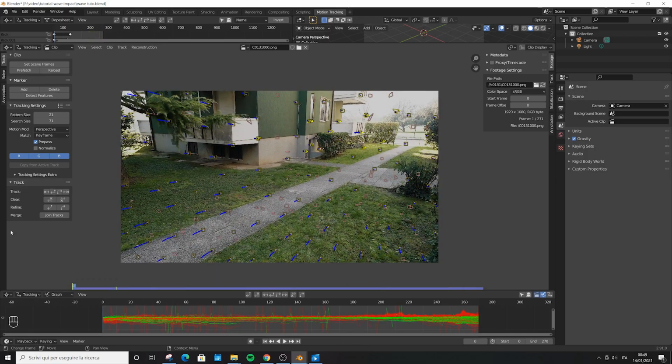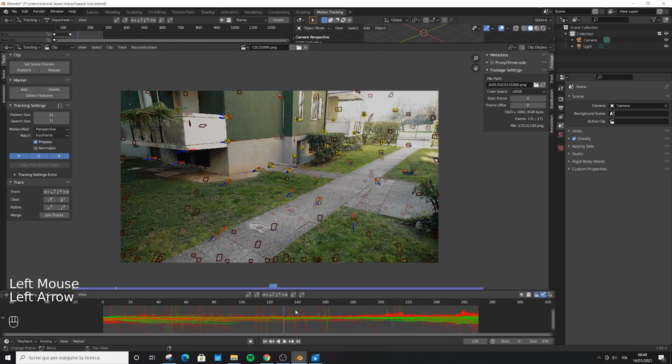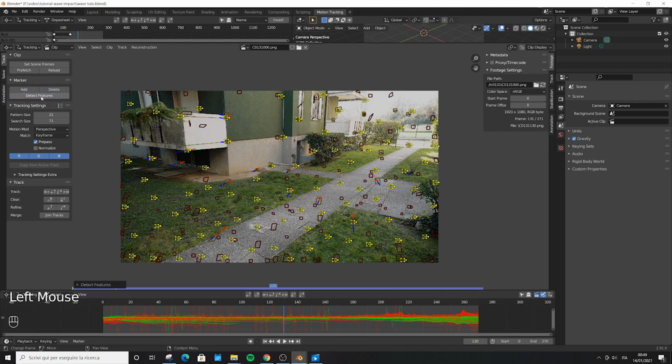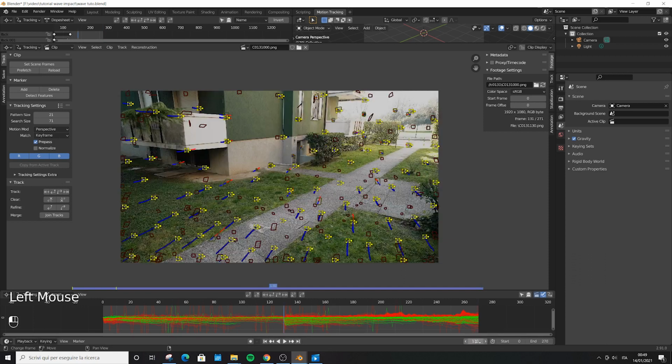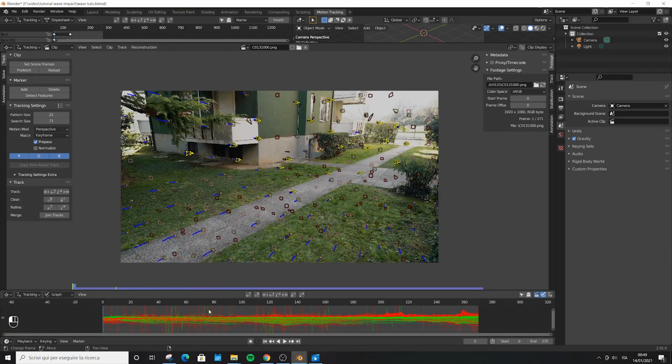Poof! Cool. Now we're going to go to something in the middle of the animation. I'm in frame 130, and again detect features. Track markers forward. Go again in frame 130 and track markers backwards this time. Oop, easy. Blender is doing the work for us. You should not be afraid of motion tracking.